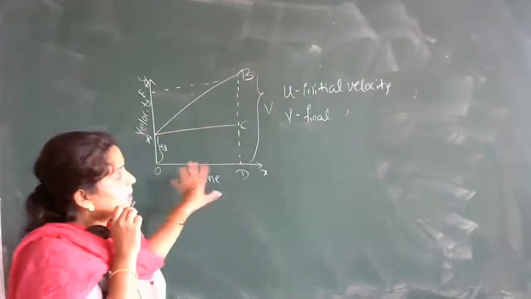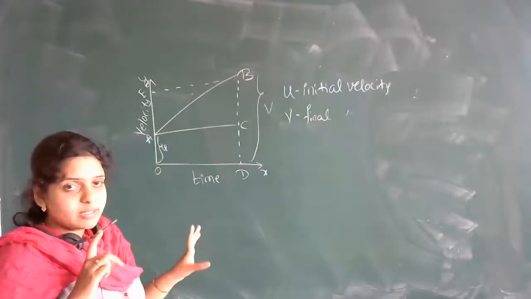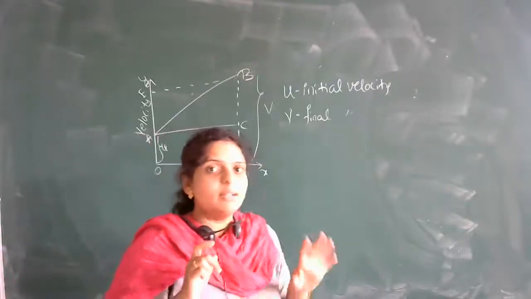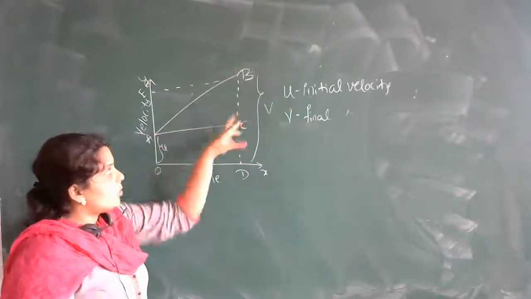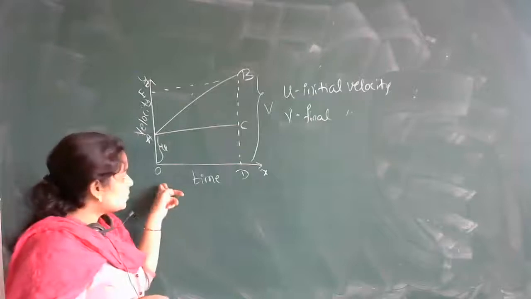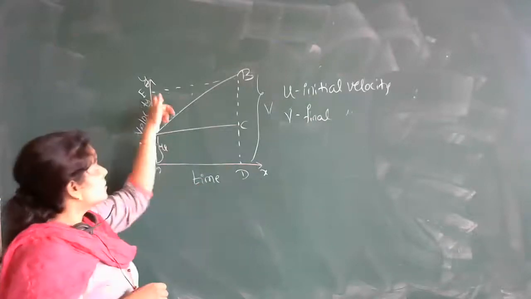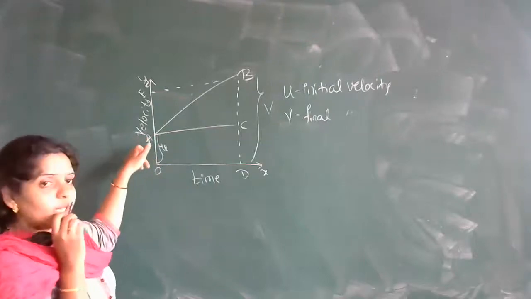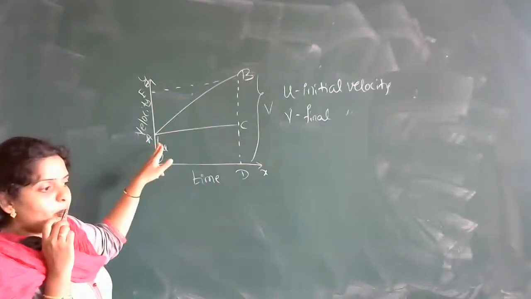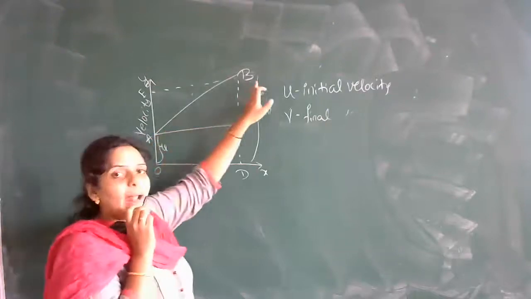So this is how you will write the explanation. This is a 5 marks derivation. First, 1 mark will be there for the diagram. What you need to do, all this labeling must be there. This is O, this is the x-axis, this is the y-axis. Along the x-axis we have time, along the y-axis we have velocity. Mark 2 points on the graph, that is A and B.